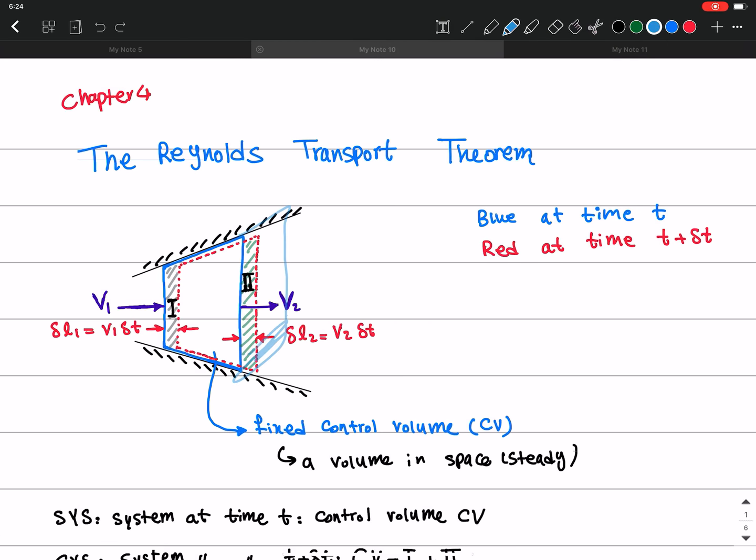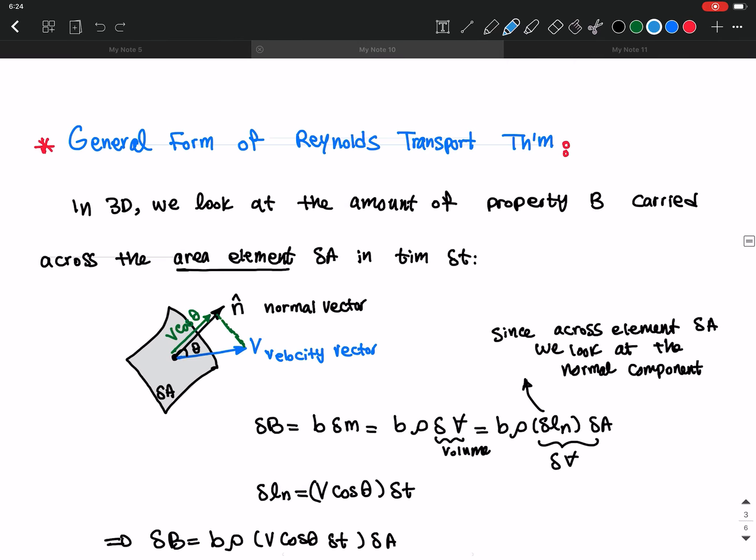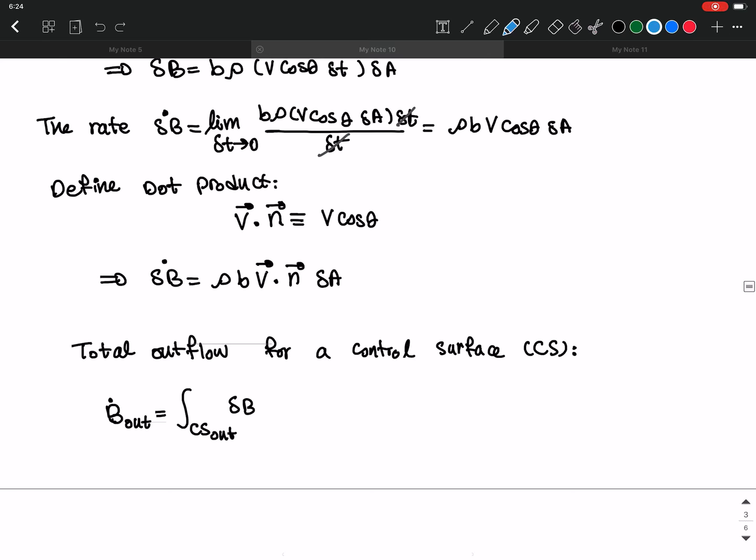This is the control surface of out, and this is the control surface of in, which comes in. So this is the control surface of inflow, what is coming into this control volume, and what goes out of this control volume. Okay,